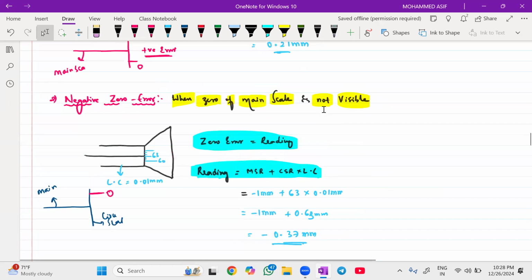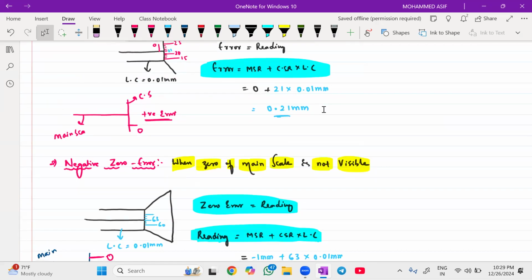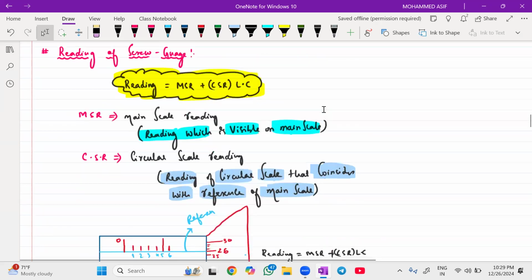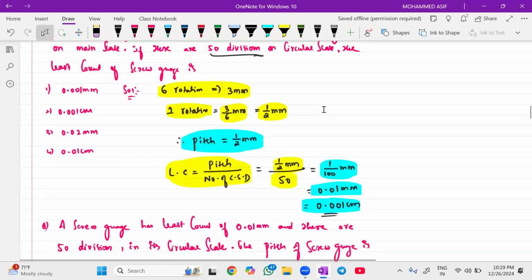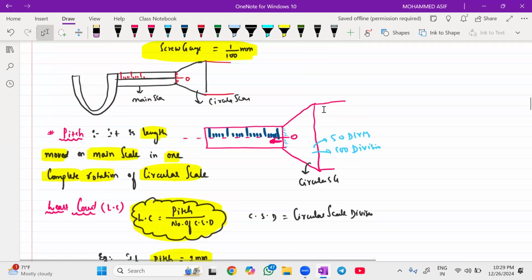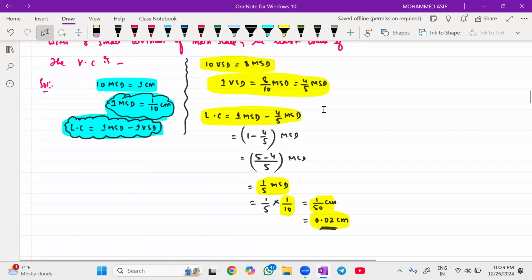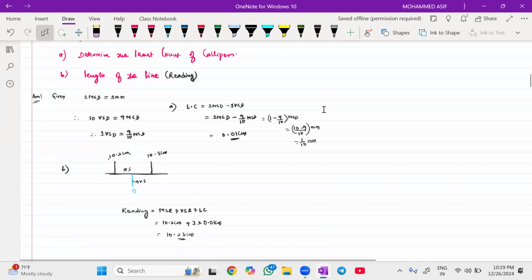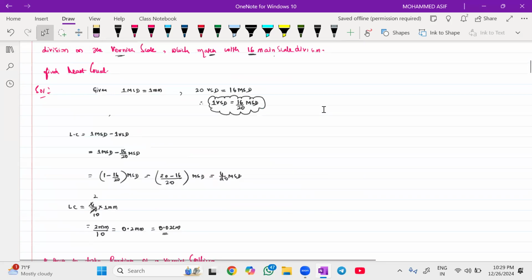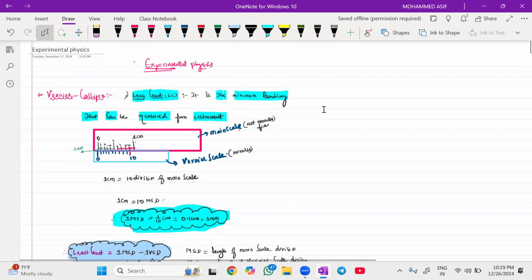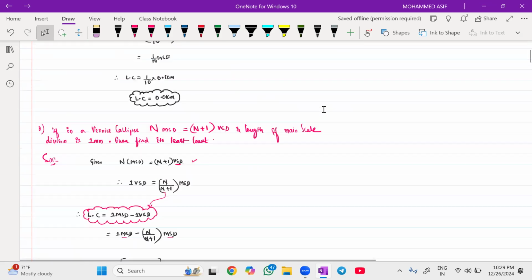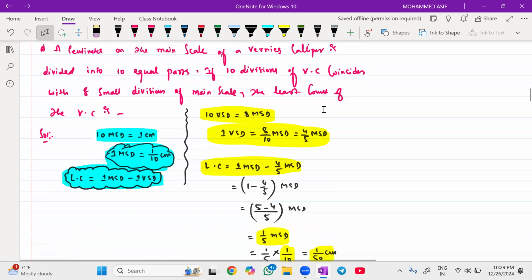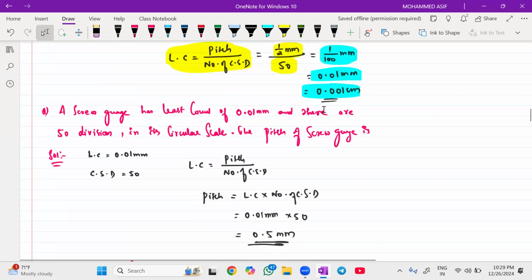Isn't it? And those who have not completed the assignments on units, errors, and screw gauge and vernier caliper, please try to write your name, complete it and send it to me, so that I'll upload it in the group with your name, so that all the common questions which have not been got right by all of them, I'll try to discuss in the classroom. Isn't it? After this is completed, we'll try to have one classroom test online only. You need to just write the exam online and give the answer in the WhatsApp group with your name. Okay?